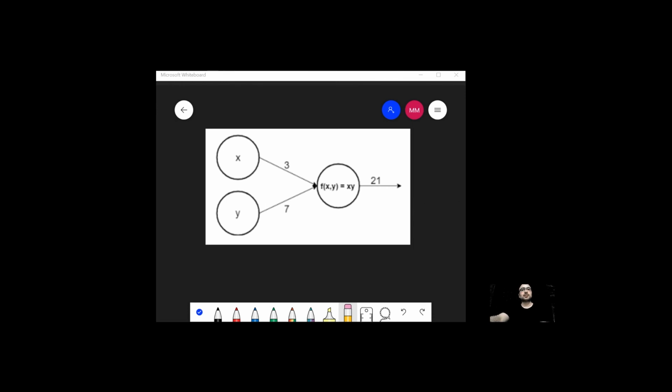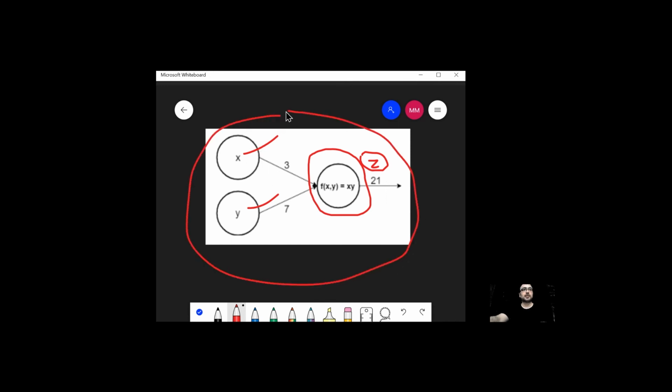Here the operation performed by the neural network is simple, which is x times y. The output, f of x comma y, gives us a multiplication of these two input values. This is the z value, right? This is giving us 21. This is a simple neural network which has only one input layer and one output layer. All the processing of recalculation and assigning weights happens in between these two layers. This is called the input layer and this is called the output layer.